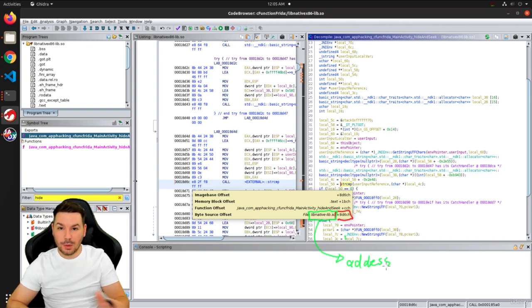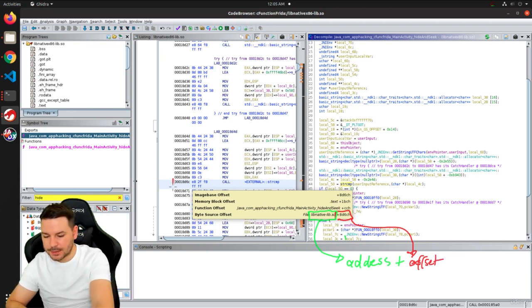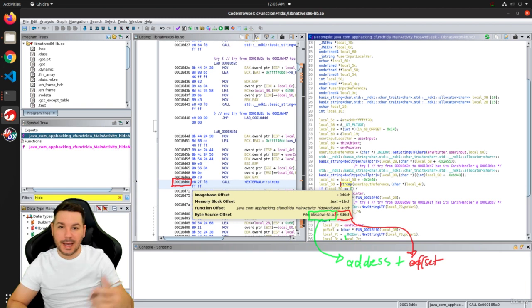And we can do this with Frida, which is absolutely amazing. So we can tell Frida to fetch this address of this library. Then we need to add this offset to this library, which means we end up at this address. By having this address, we can then use our interceptor